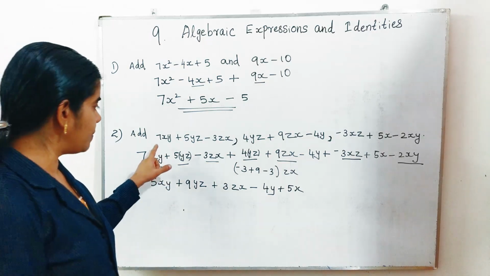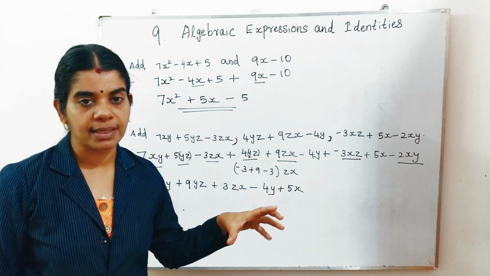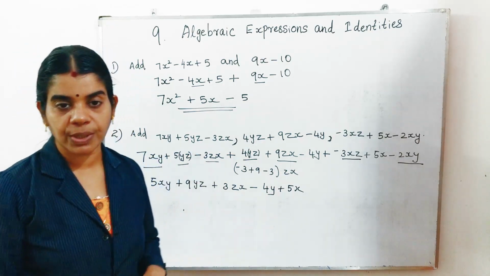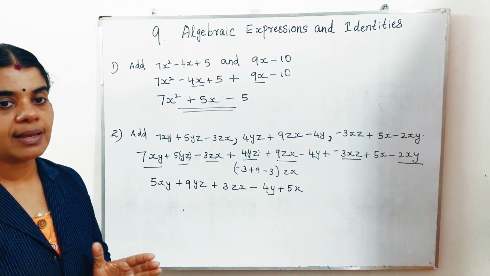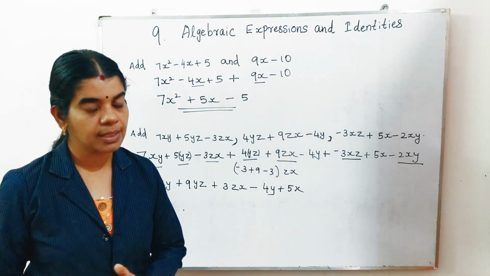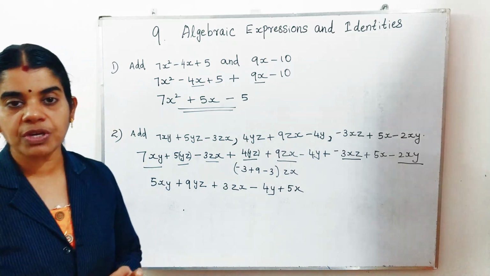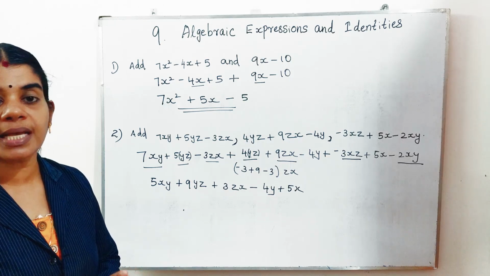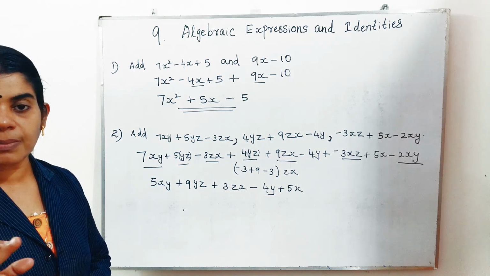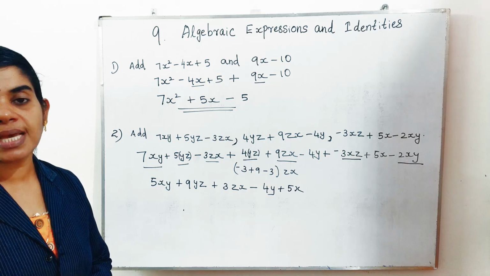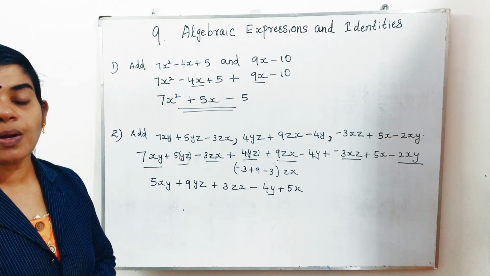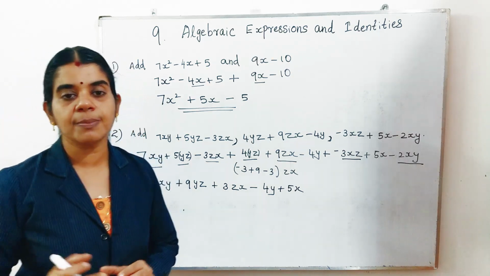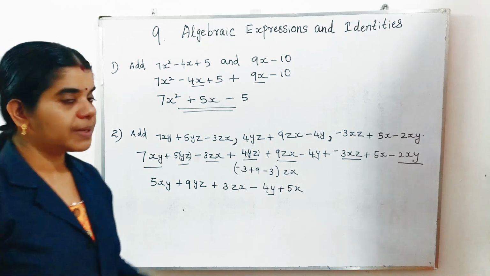I think it will be clear. You want to check the like terms and you want to add. Just how you add integers, that also you want to apply. When two negative numbers are added, you add and give the negative sign. If one positive number and one negative number are added, you subtract the two numbers and give the sign of the greater number. Bigger number minus smaller number you want to do, and the sign will be the sign of the greater number. You already know that when two positive numbers are added, you add and give the positive sign itself. Okay now?